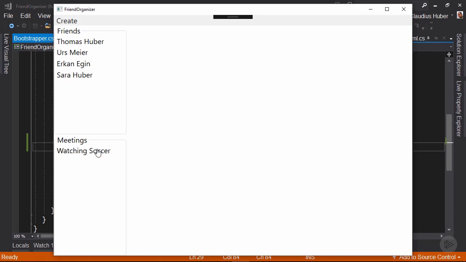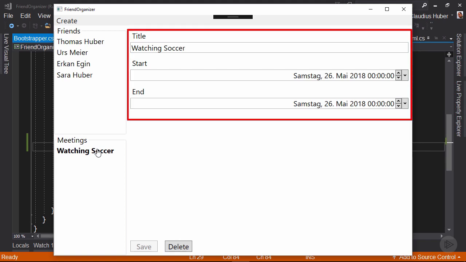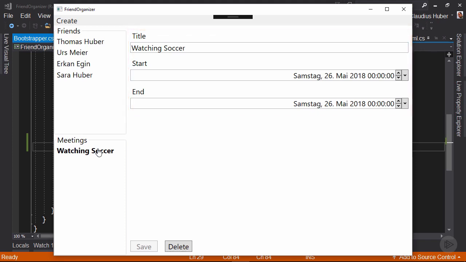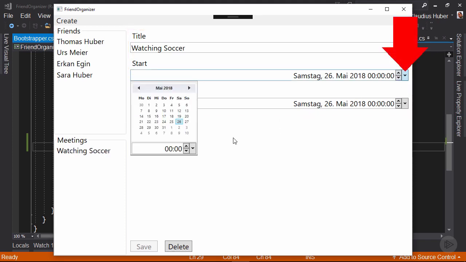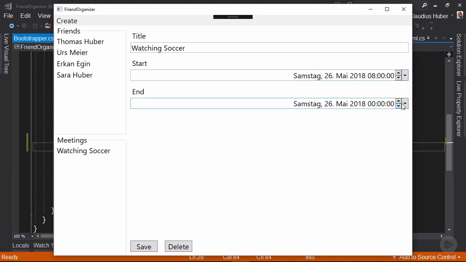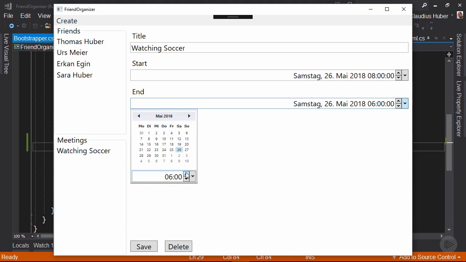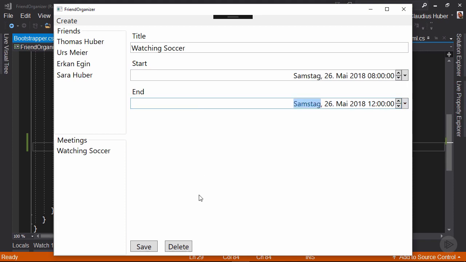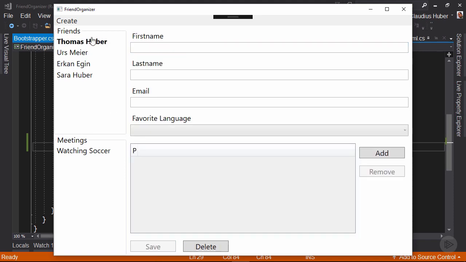Now let's click on the watching soccer meeting and you can see the details for this meeting. We see the title and also the start and the end date. So when I click on this date time picker control, I can adjust the time here. Let's set this to 8. And also the end date, I set this maybe to 12. Now I click save and this meeting has been saved. Also if I change the title, I can save the meeting and you see that it updates in the navigation. Let's change it back to just soccer. When I click on a friend, we can see the friend